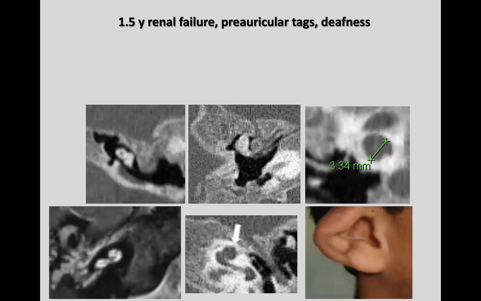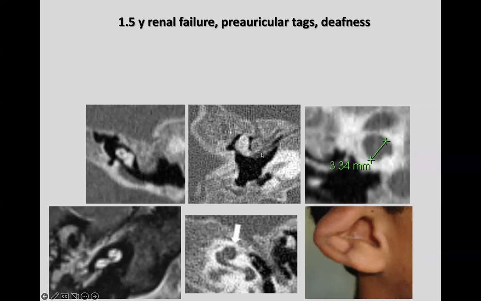I told you about syndromic causes of hearing loss, mixed or conductive. Sometimes they change over time. Look at this case. We have an abnormal pinna, okay? So we do expect middle ear abnormality, so we do expect conductive hearing loss in these cases. This child has dysplastic ossicles. You can see here they are fused, the malleus and